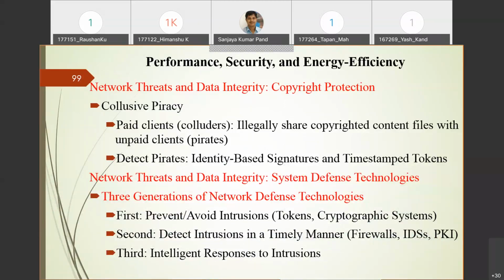Most of the software we are using, if it is not an institute-based subscription, for example, the institute provides a lot of genuine software purchased by our institute and used by the staff, faculty, and students of NIT. But in many cases, the software we use on our laptops is a pirated version. That we call collusive piracy.